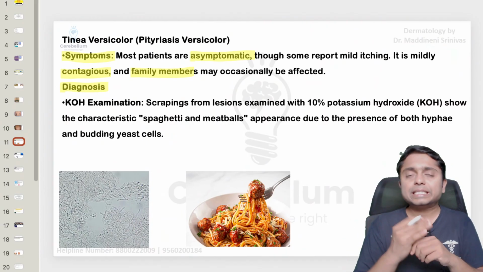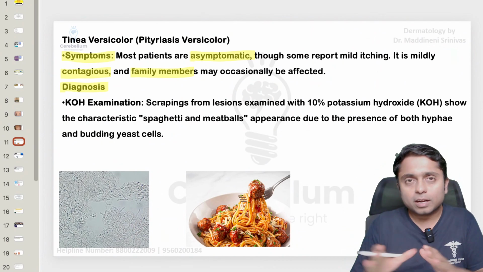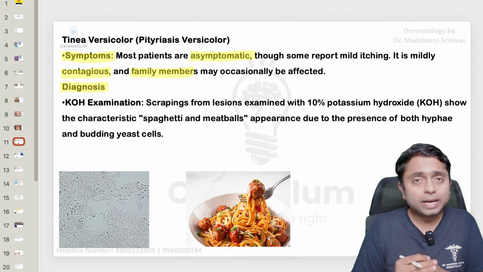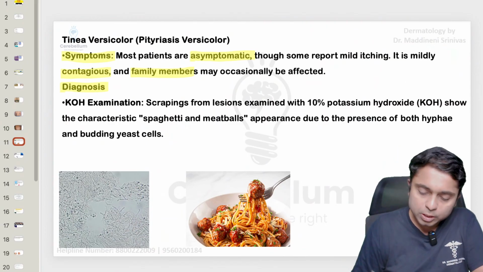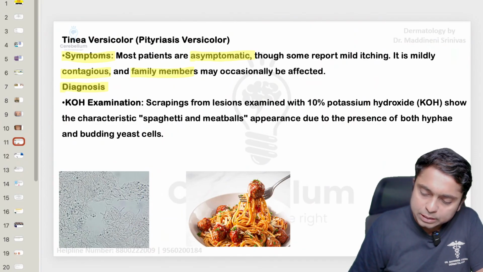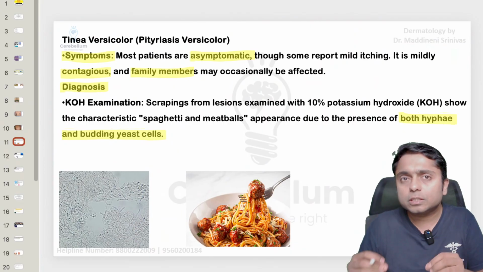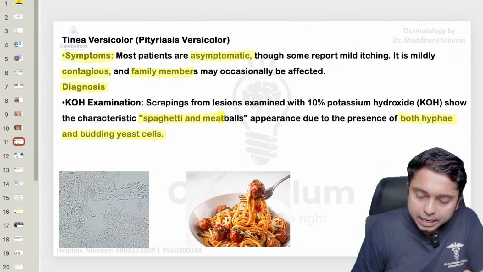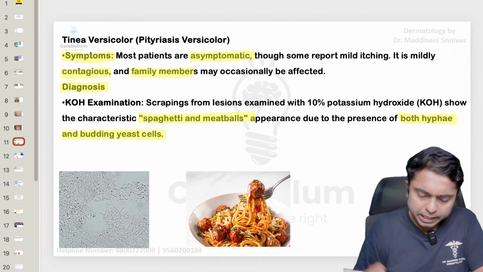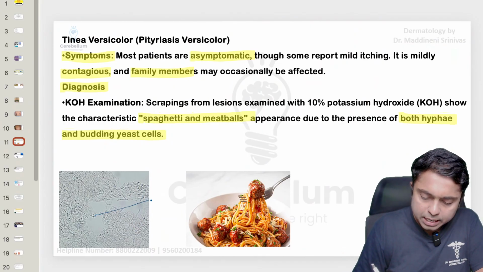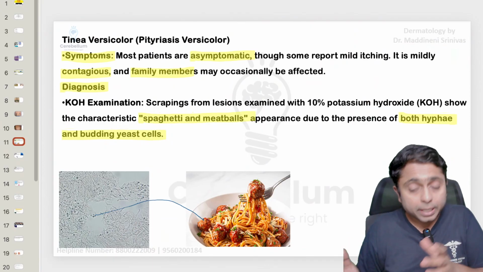So remove the scales, put them over the glass slide, put KOH, observe it under the microscope, and what are we going to get? We are going to get a combination of the spores and the hyphae. This combination of both hyphae and the budding yeast cells or spores is going to be described as spaghetti meatball appearance. Basically here the spores are analogous to the meatballs,